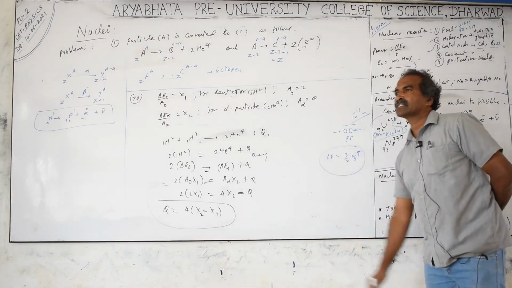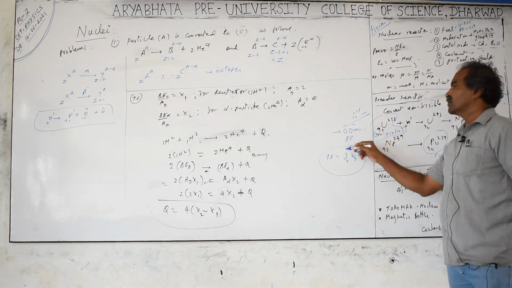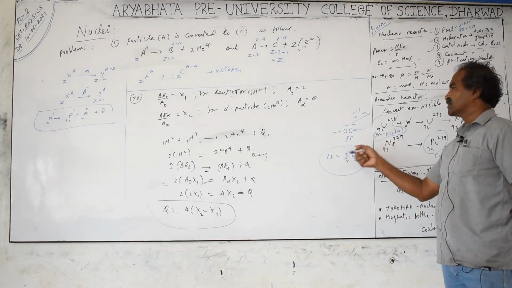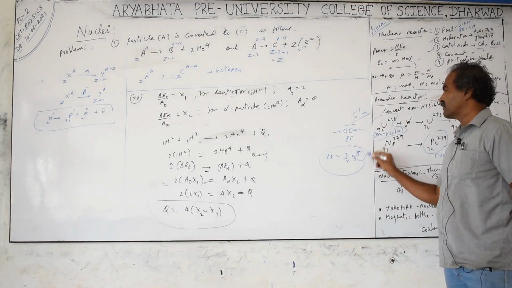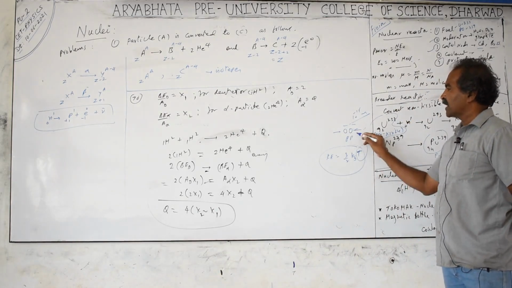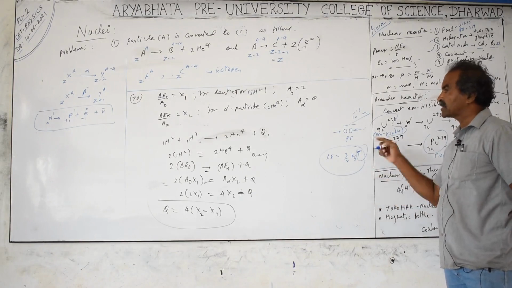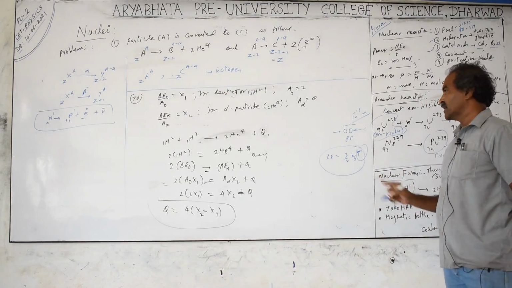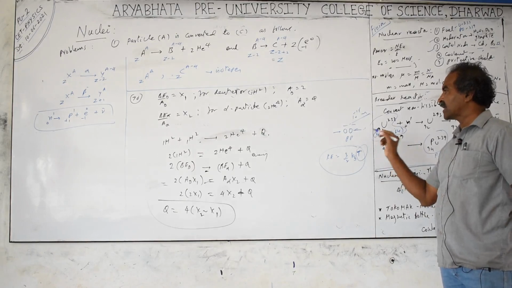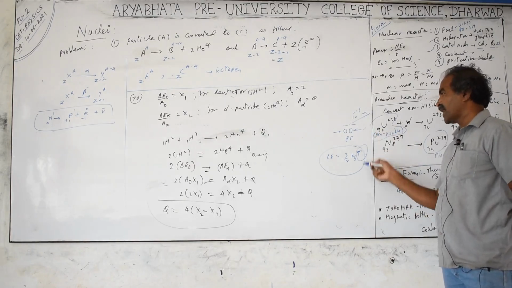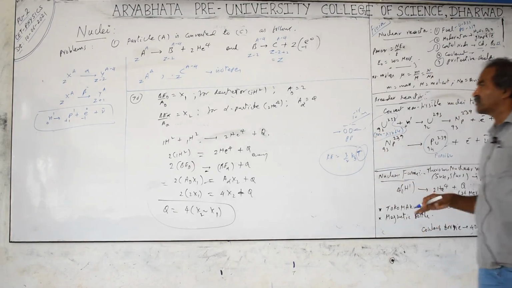Approximately 400 keV is required to overcome this Coulomb barrier, meaning the Coulomb repulsion force. To overcome this, the temperature required is very, very high on the Kelvin scale, and we cannot create such a temperature on the earth continuously for a long time. It is possible to produce it with the help of lasers. By heating hydrogen gas with lasers, we can produce very high temperature, but only for a fraction of a second, not continuously for a long time.